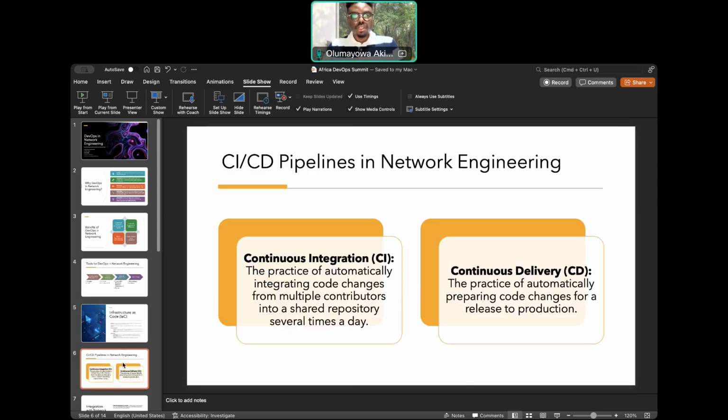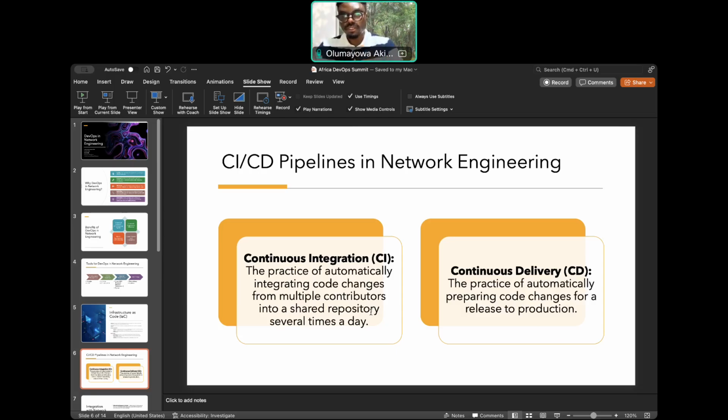Okay, thank you. So, talking about the CI/CD pipeline in network engineering. We're quite familiar with CI/CD pipelines, which is continuous integration and continuous delivery. Continuous integration is the practice of automatically integrating code changes from multiple contributors in a shared repository several times a day.